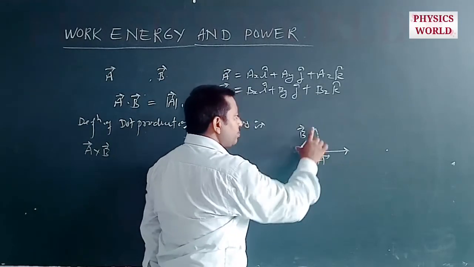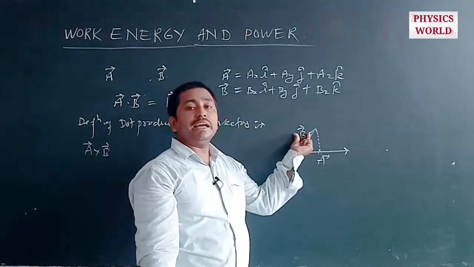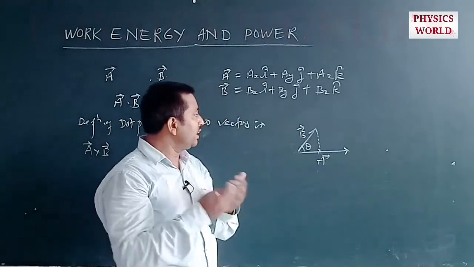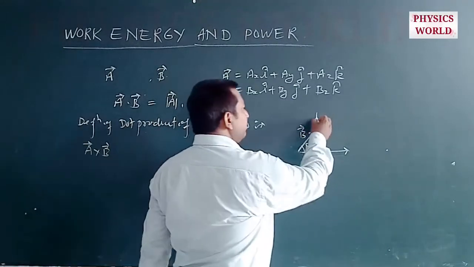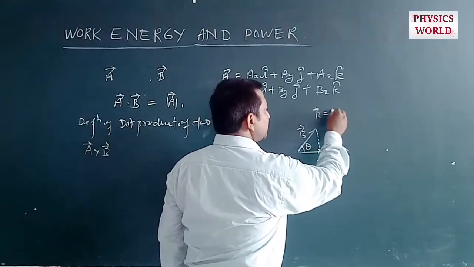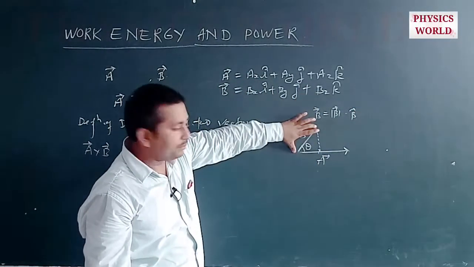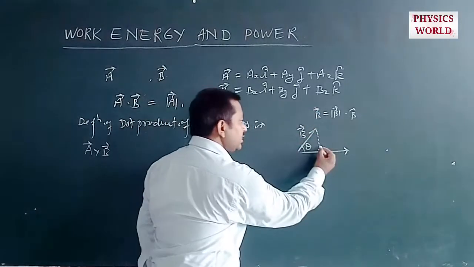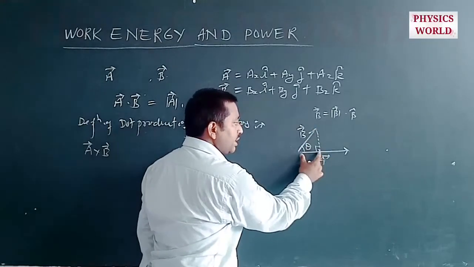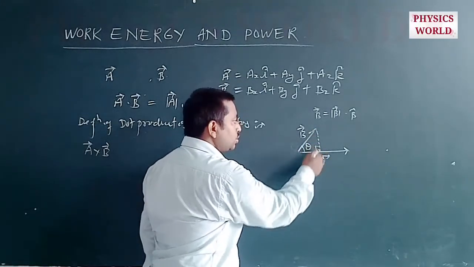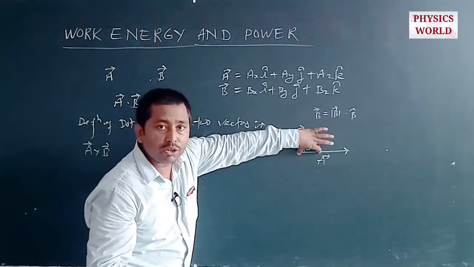This will be equal to, because its length is b, as we know that any vector can be explained with the help of the product of magnitude and direction. So vector B can be expressed as the product of its magnitude and direction, and the length of this vector is b. If we take this angle as 90 degrees, this is a right angle triangle. If this is the hypotenuse, then this becomes the base. So base equals hypotenuse times cos theta. So this value equals b cos theta.